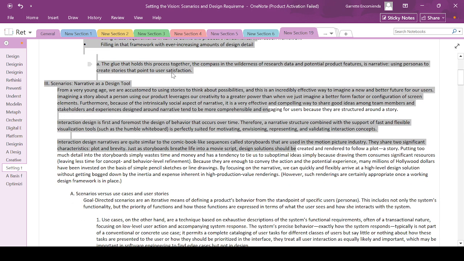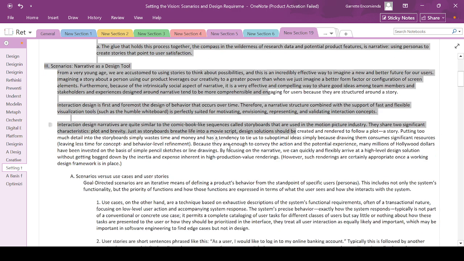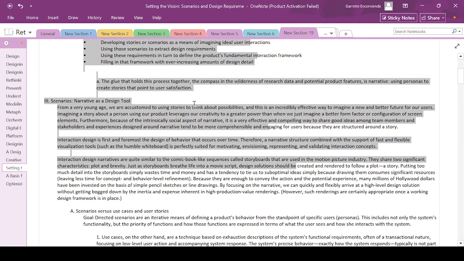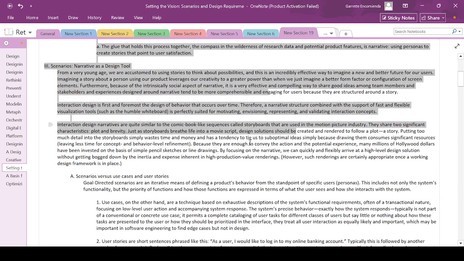The glue that holds this process together, the compass in the wilderness of research data and potential product features, is narrative. Using personas to create stories that point to user satisfaction. So the key that glued that user research to a synthesis and repeatable process is actually narrative, because it allows us to explain it